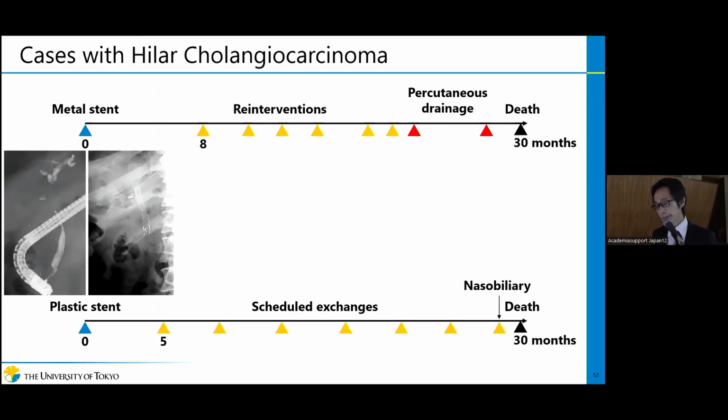And I'd like to show two cases with hilar cholangiocarcinoma to show how to evaluate clinical outcomes of the patient receiving endoscopic biliary drainage using the revised Tokyo criteria. For the first case, I indicate the timeline with the upper arrow. This person received endoscopic placement of multiple metal stents in a partial stent-in-stent fashion. And the initial time to recurrent biliary obstruction was pretty good, which was 8 months,